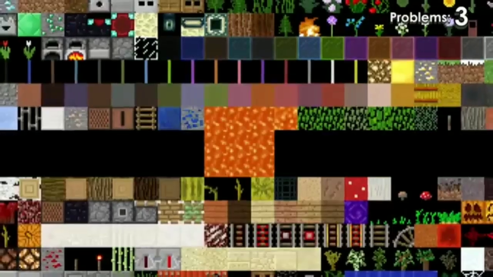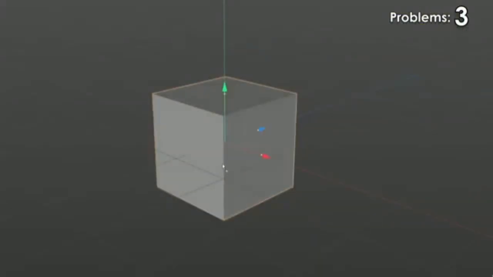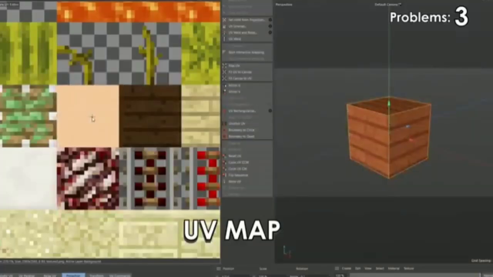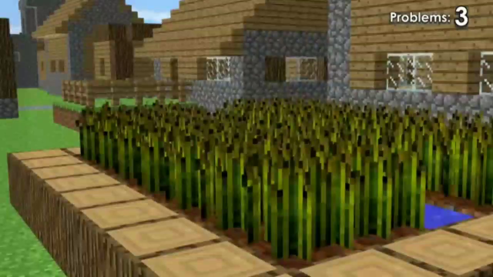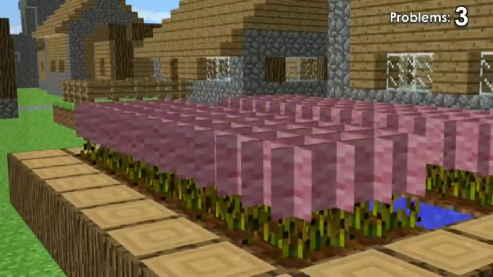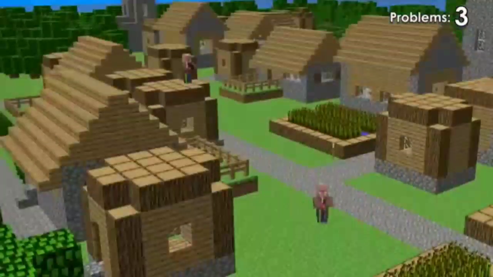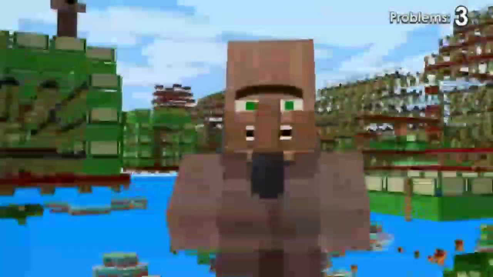The crops over here have these weird lines over the top. All of the block textures in Minecraft used to be on one big image, so if you wanted just one of them, you had to use a UV map, which tells it which part of the image to grab it from. It looks like in this case, this one wasn't perfect and it was dragging in some of the pink wool from above it. But check this out, if you move a UV map, it makes everything go super trippy. Villager News could have been a very different show.